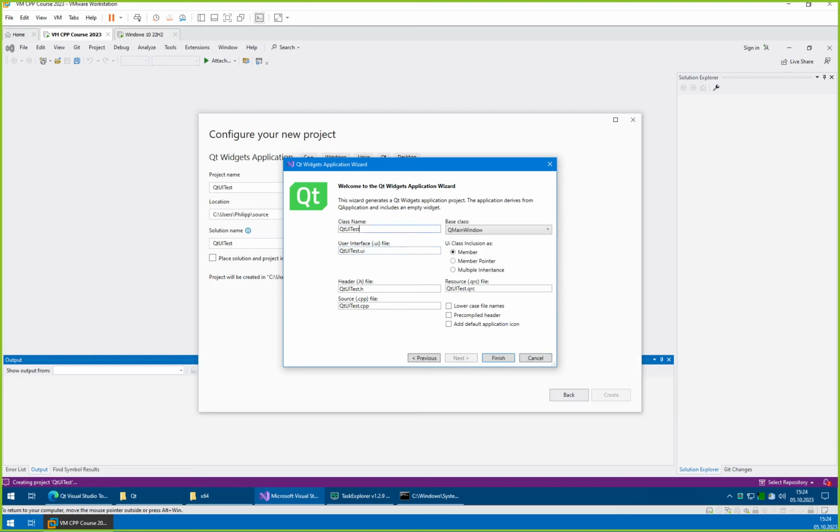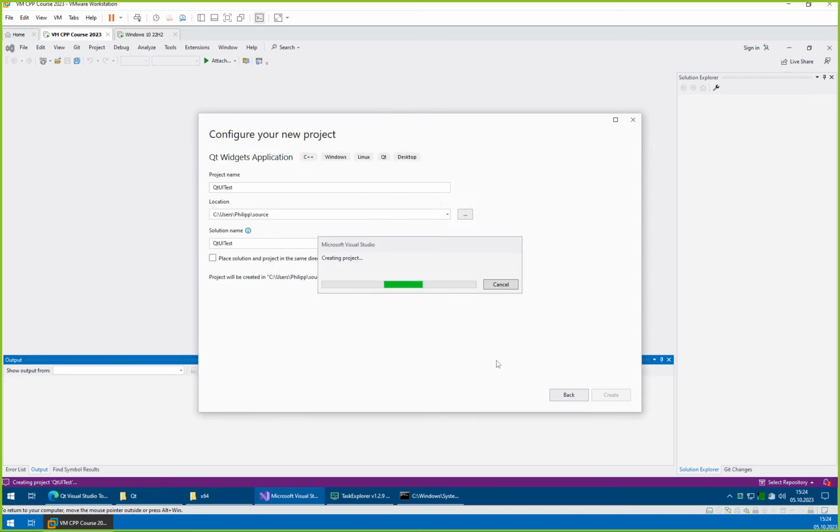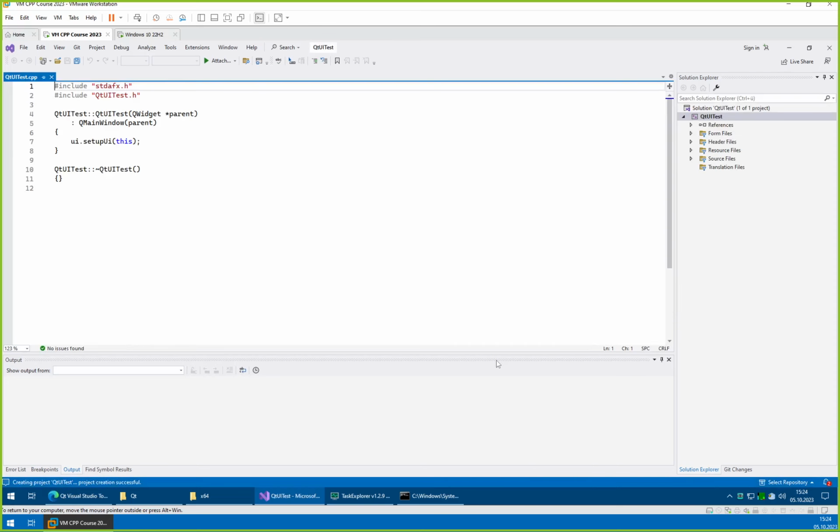So then you can configure the name for your main class and the file for it. For test we leave everything as default. I would recommend checking use precompiled headers, because this improves the compile speed quite significantly. And if you want, you can add a standard icon to your project, but that can easily be done later, so we don't do this right now. We just finish and we'll have the project already set up for us with an empty window,